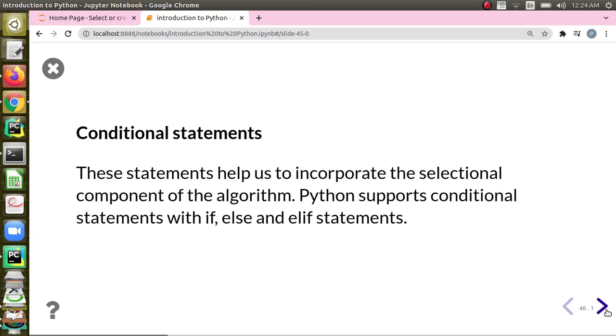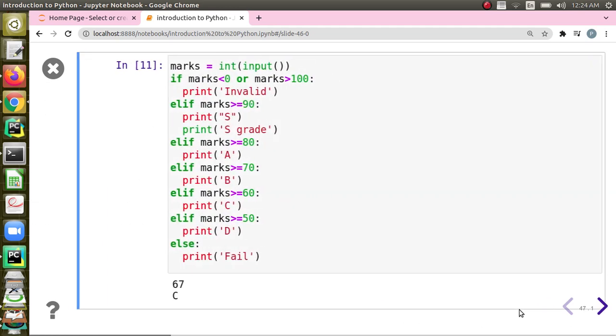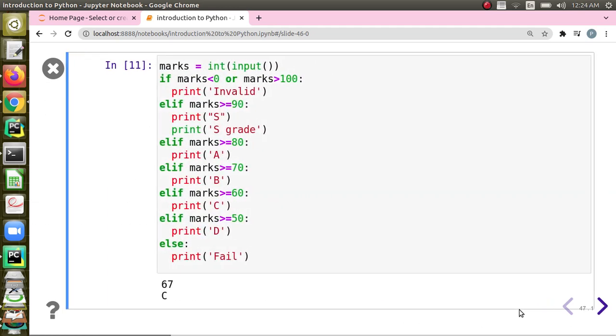And next what we are going to discuss is conditional statements. As we discussed, when you have to check some conditions, we have to go for conditional statements. We have got if, we have got else, and we have got else plus if, that is elif. In Python we call it elif. So let us take an example and understand easily.